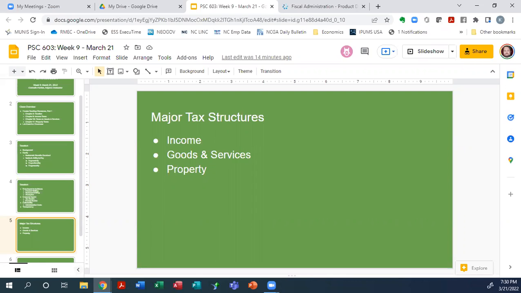Okay. So now let's talk about taxes on goods and services. We've, of course, had taxes on goods and services a lot longer than we've had them on income. Typically the way that we think about it here in the United States is through what's known as the sales tax, which, as I talked about before, primarily dates back to the 19th century, but it became very popular during the 20th century.